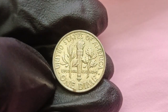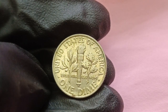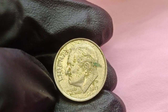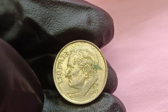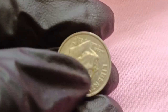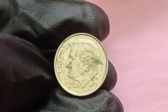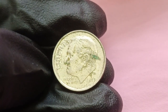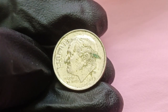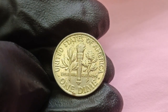The technical analysis conducted by experts reveals that the 2013D era dime displays characteristics that are virtually impossible to replicate artificially, including specific die markers, metal flow patterns, and surface textures that can only result from the precise sequence of errors that occur during the minting process, making authentication relatively straightforward for trained professionals, while remaining nearly impossible for counterfeiters to duplicate convincingly. Though collectors are still advised to be extremely cautious and always seek multiple expert opinions when evaluating potentially valuable coins,